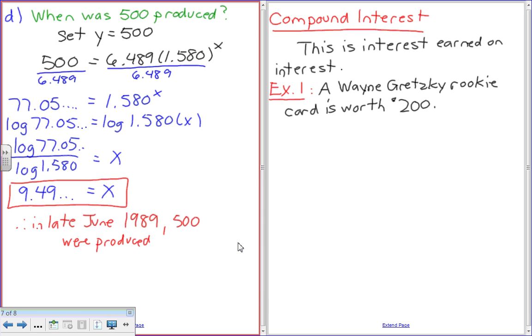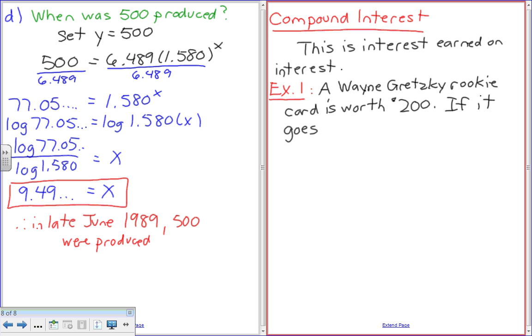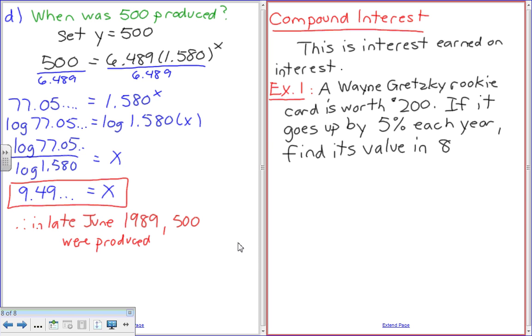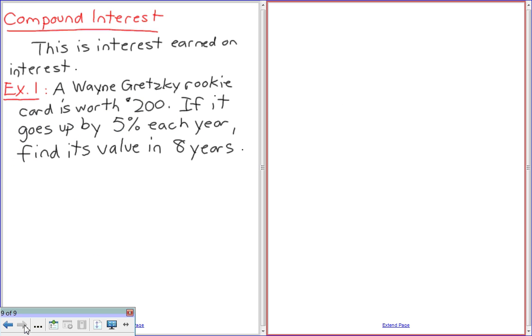So now we're going to say if it goes up by, we'll say, 5% each year, find its value in 8 years. Okay, we're going to do this the good old-fashioned way, which is a table. I'll make a chart that says year, calculation,